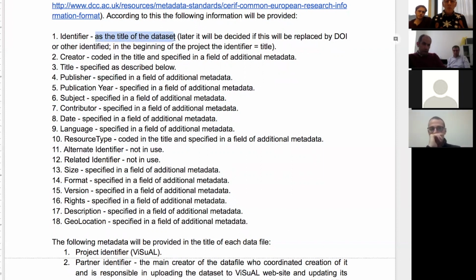We should give a title to the data set, and we later propose a formula for how to set the title, so that the title already has a lot of information about the data set. So the